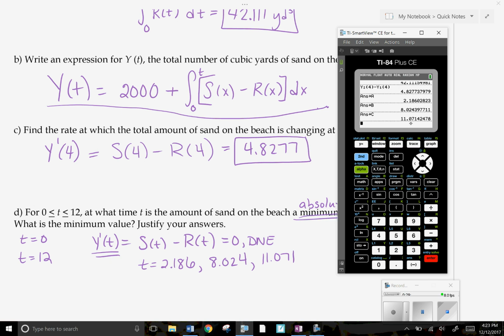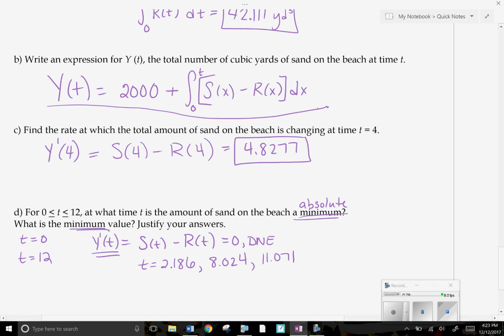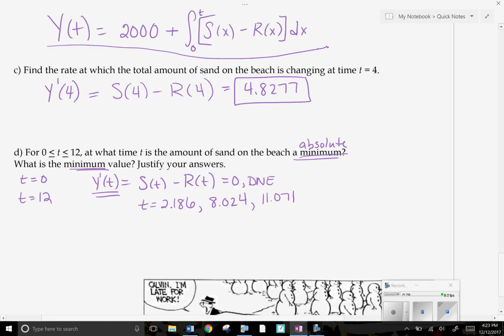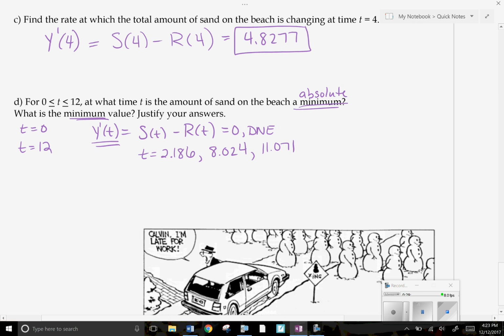Okay, there's those 3. Now, these are all possible minimum values for sand on the beach. We want the minimum, so what we have to do is find the amount of sand on the beach at t equals all of those values. And you're all thinking, Mrs. Bibber, I hate you so much. And I know. So we're going to find y of 0, y of 12, y of